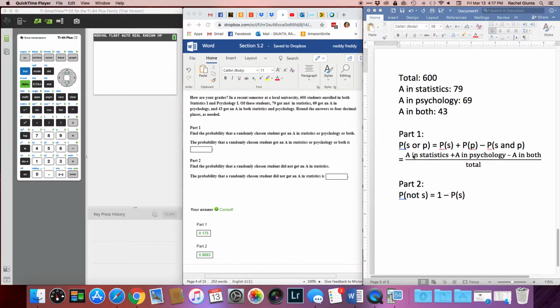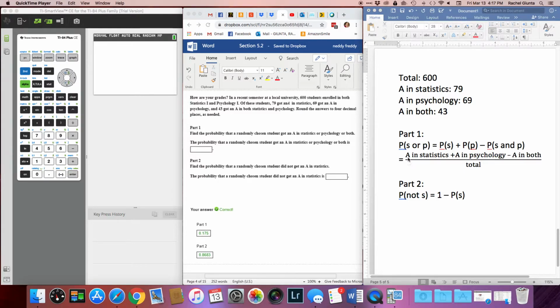So if we were going to solve for it the way it's written here, the probability that someone got an A in statistics is 79 divided by the total, and then we'd add to it the probability that they got an A in psychology, which is 69 divided by 600, and then we'd subtract the probability that they got an A in both, which is 43 divided by 600,